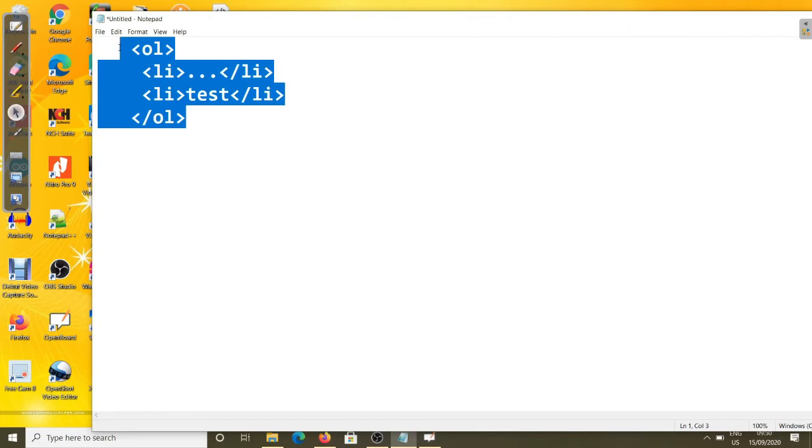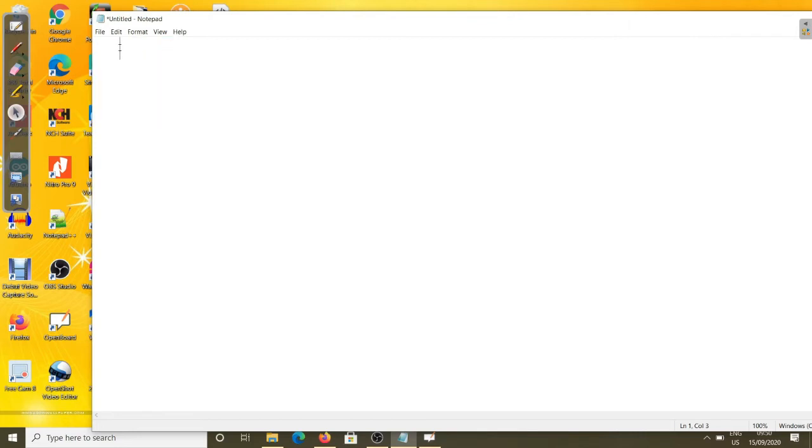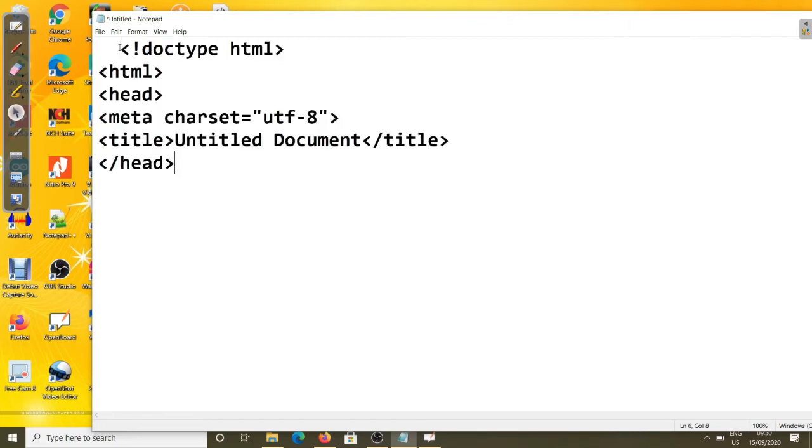So we'll see one example. First of all, the unordered list example. This is the basic part of your HTML file. We can write the title as list example. After the head, you write the body, and inside the body we will display the list.